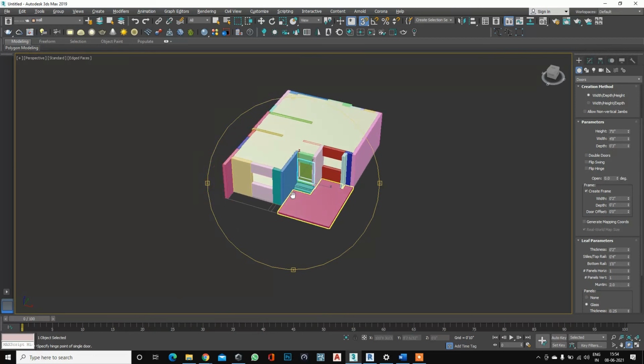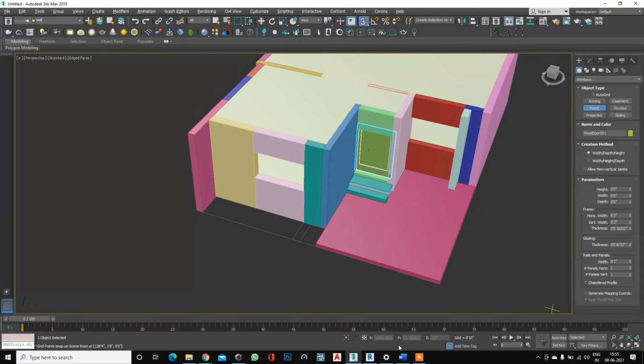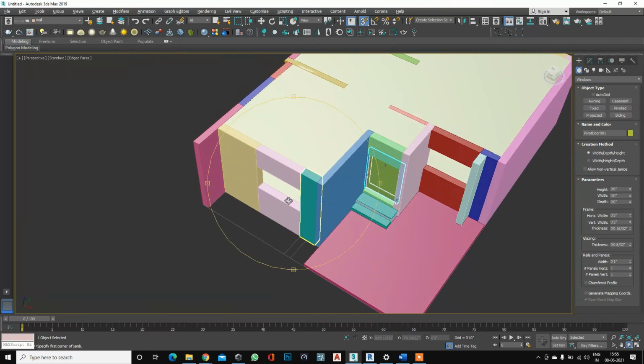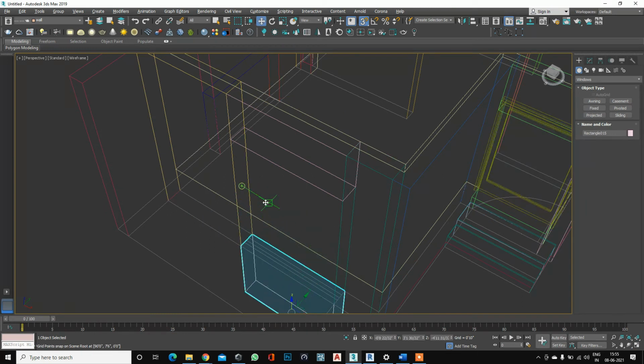Now here we create our window. To create a window, use the same drop down menu, selecting windows. Now you find so many types of window, but in general we can use fixed or sliding. So first we are using the fixed window. Now you can see these two portions, in between this portion we are creating our window. So starting from here, selecting fixed.